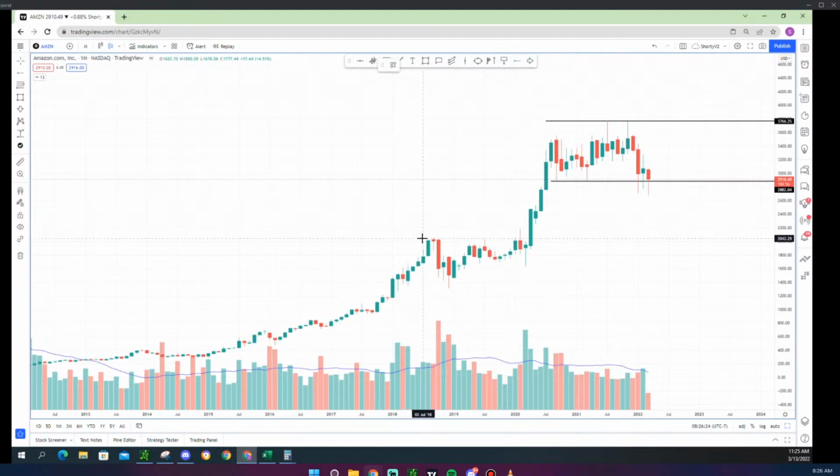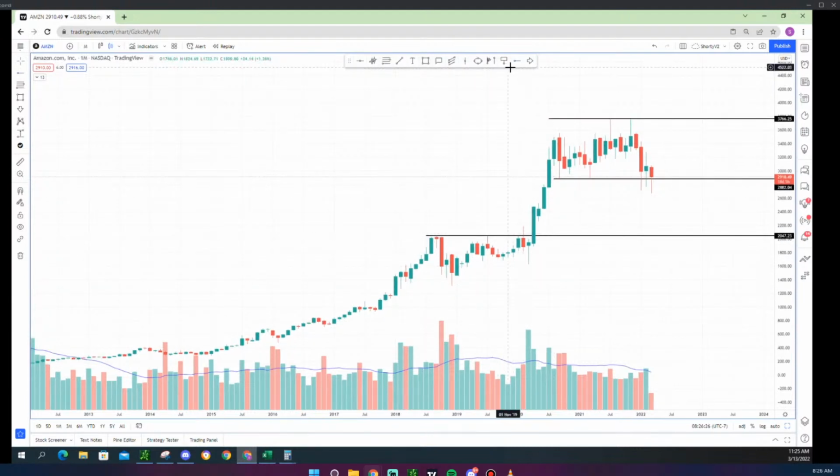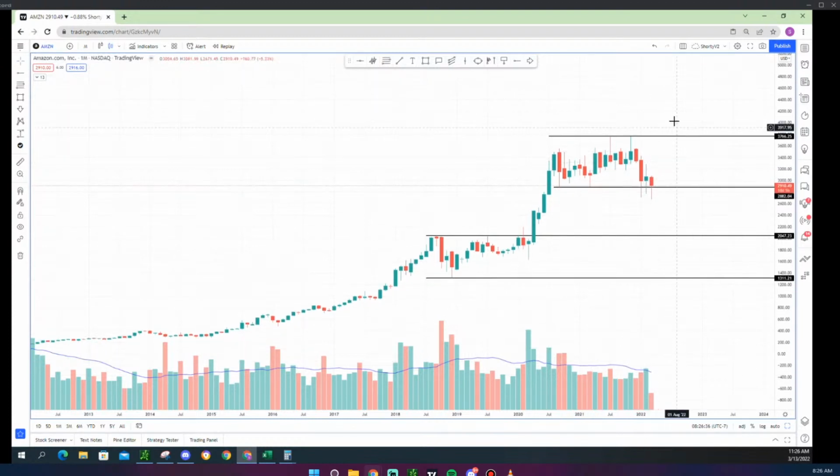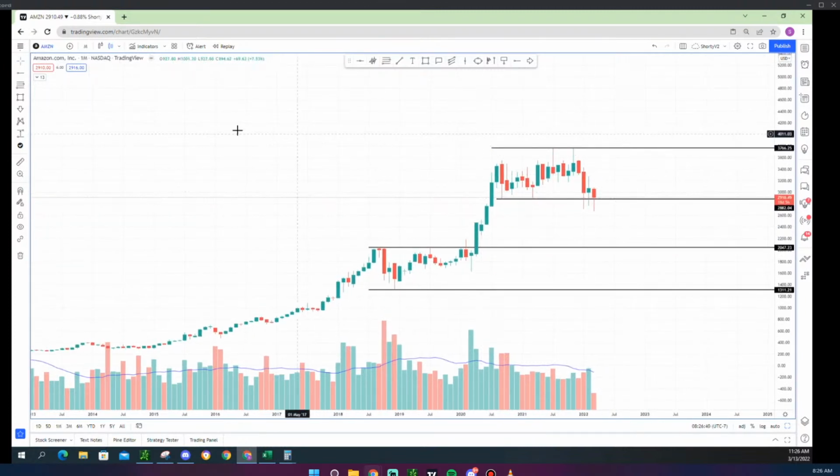So here you have this consolidation and a pop, and Amazon's been consolidating for how long? I mean, since August 20th, and we're almost 2 years, and it hasn't been able to break this range. Usually these ranges become the targets, right? So it seems like if I was to measure this quickly,